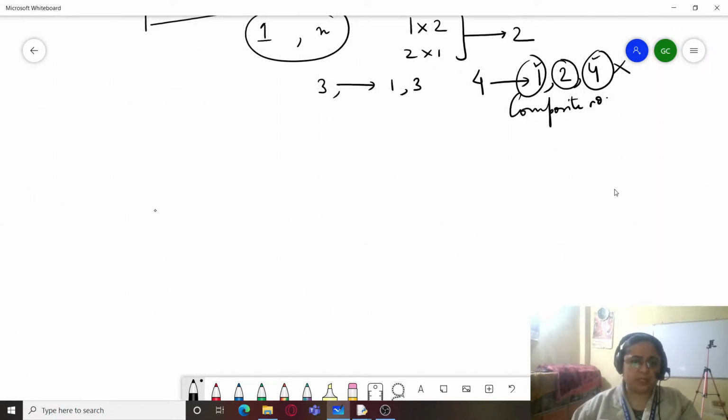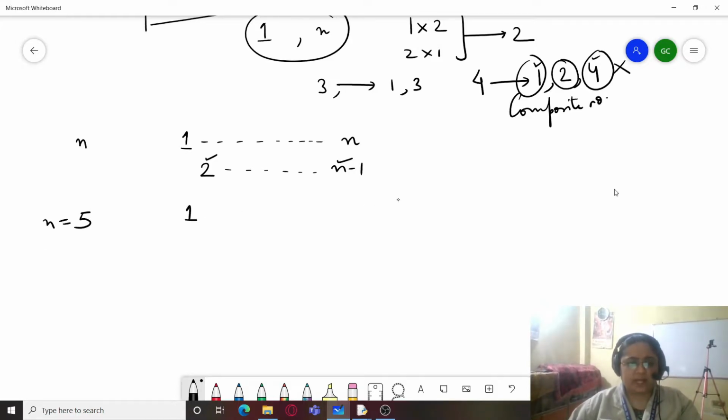So the logic would be, if I divide the number n by any of the numbers in between 1 and n, that is, we will start dividing the number from 2. We will check whether the number is divisible by any of the numbers starting from 2 and ending at n minus 1. That is, suppose the number is 5.